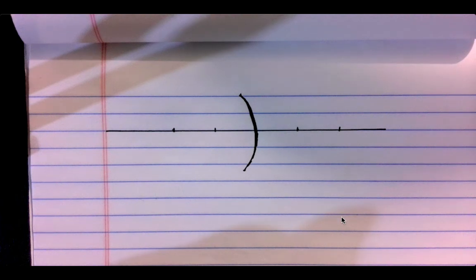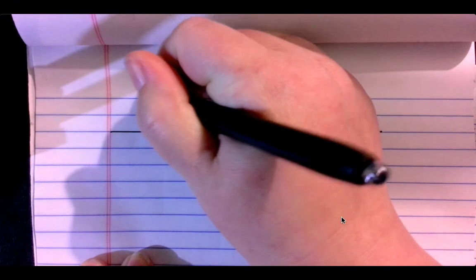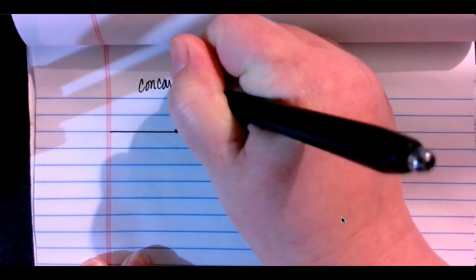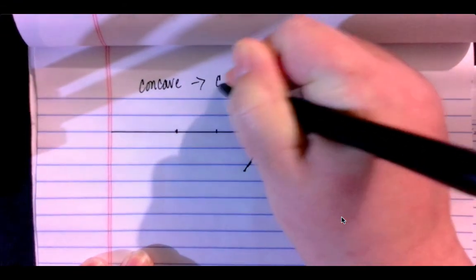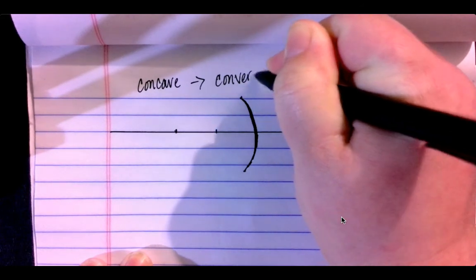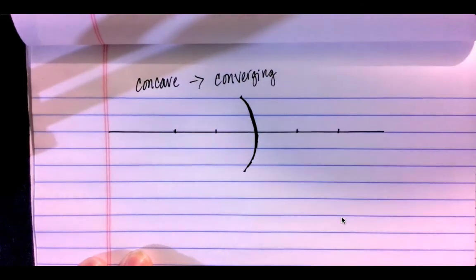Hey, and today we are going to be working on the start of ray diagrams, which is basically a way of helping us visualize what's going on when we're talking about how images are formed using mirrors. So we're going to start with a concave mirror, which remember, just write this down. Concave are the converging mirrors, meaning they have a positive focal point and they are going to actually focus the